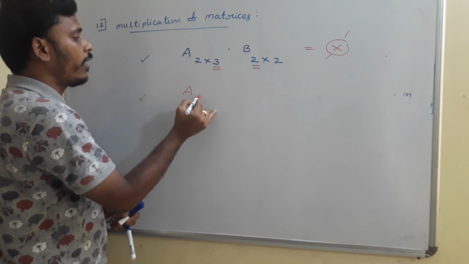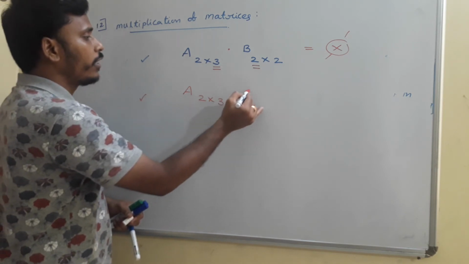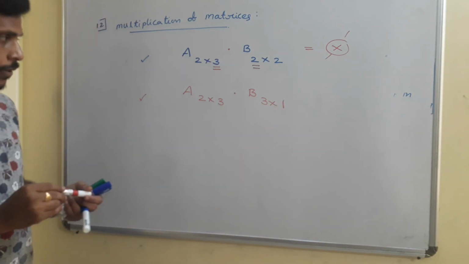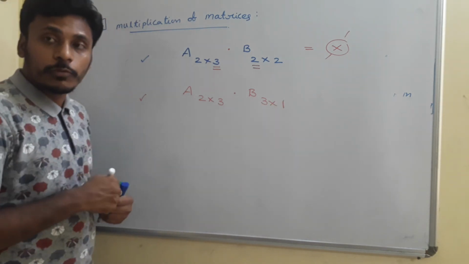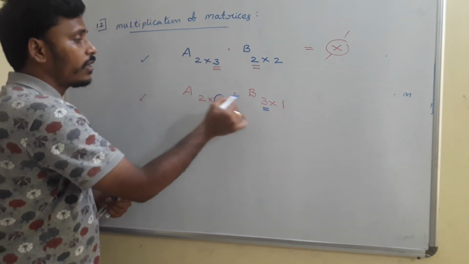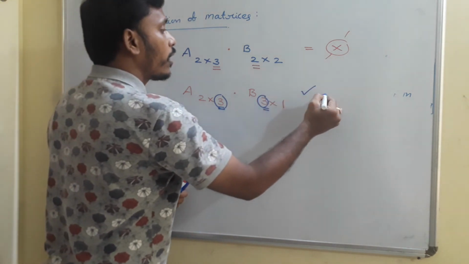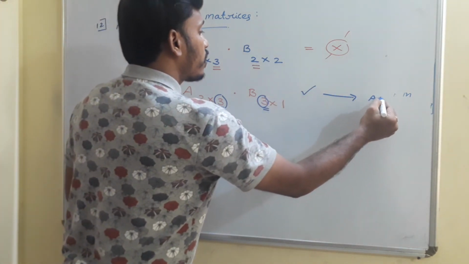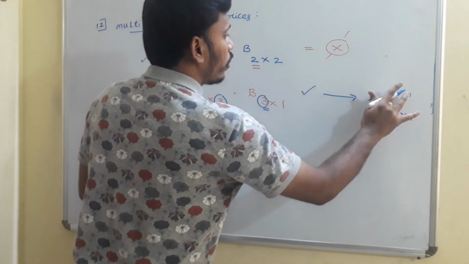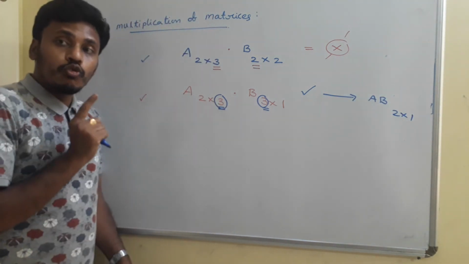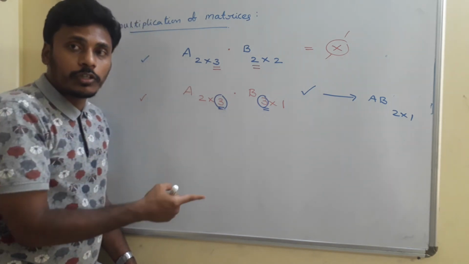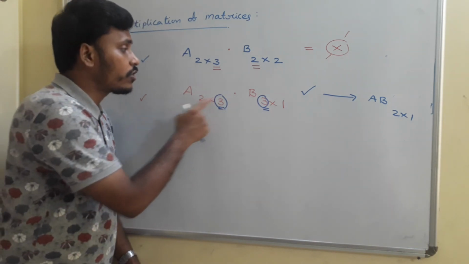And for example, if A is a matrix of order 2 by 3 into B is a matrix of order, you may say 3 by 1. And then you just think about the number of columns of first matrix and the rows of second matrix. These two elements, they are equal. Since 3 and 3 are equal, then in this case multiplication is possible, and the resultant matrix AB is of order 2 by 1. Is it clear? To multiply you need to check these two numbers. If they are equal, multiplication is possible, and the resultant matrix is of order this 2 by that 1.